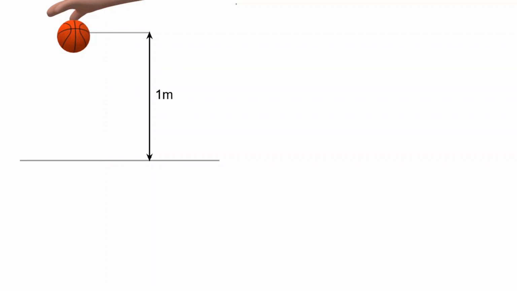So let's consider an example. Let's think about dropping a basketball from a height of 1 meter from rest. So what I mean by that is at time equals 0 seconds, the velocity is 0 as well. So it's starting with 0 velocity, and then it's going to fall to the ground. And I'm not going to go into how to calculate this, but at around 0.45 seconds later, the velocity is going to be 4.41 meters per second. Okay, so 0.45 seconds is the instant just before the ball touches the ground, and that's the velocity